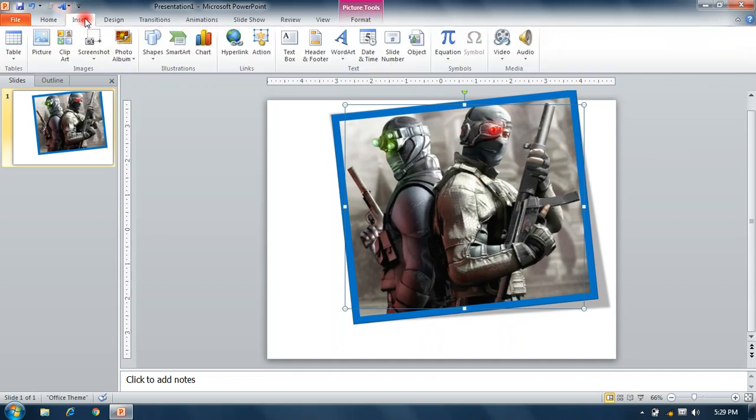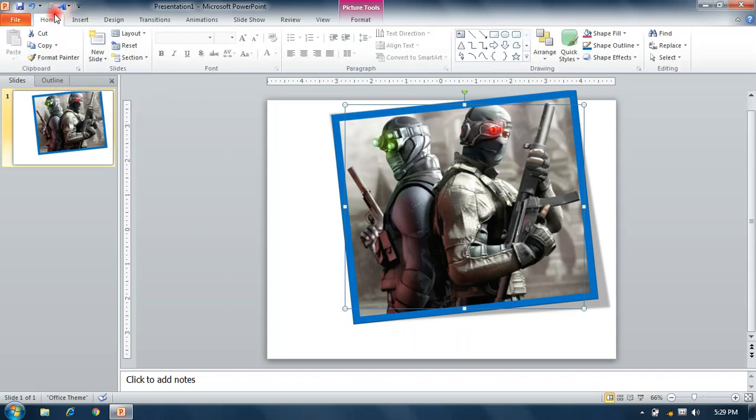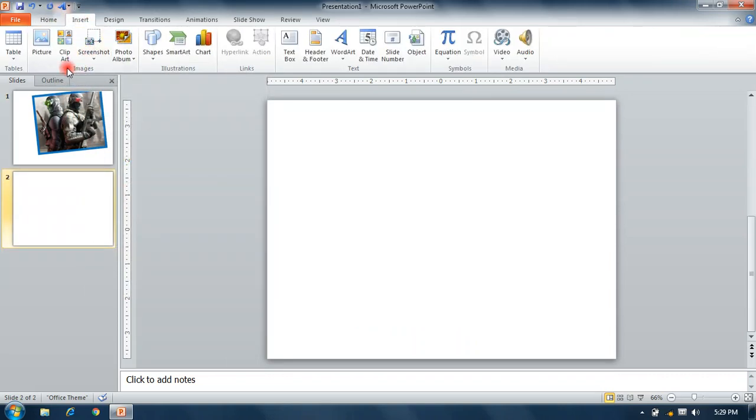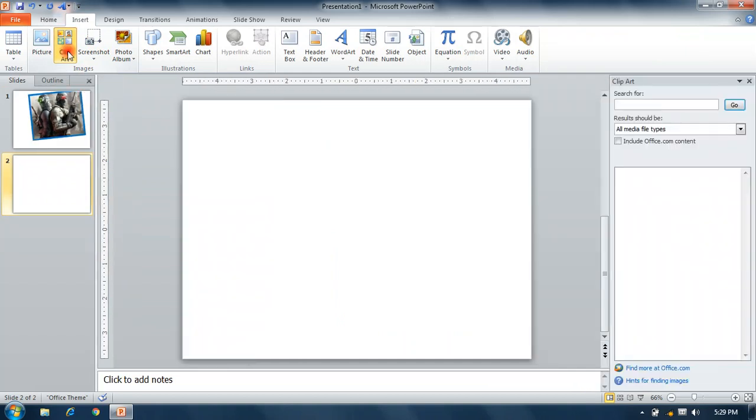Okay. Insert group, Clip Art. Clip Art, again we take a blank slide, Clip Art. From Clip Art, a Clip Art navigation panel opens on the right side with a search option. We can search here to find any clip art.